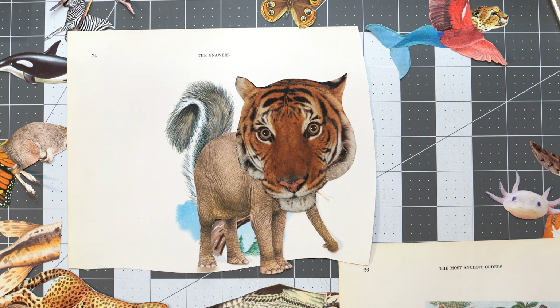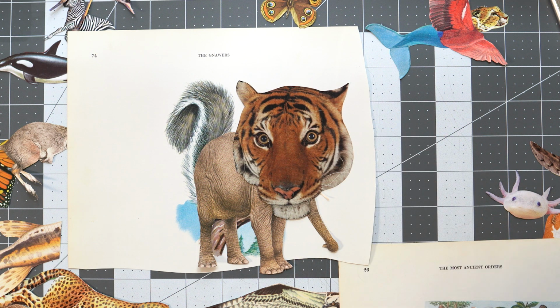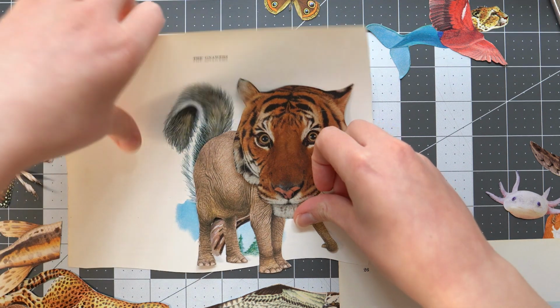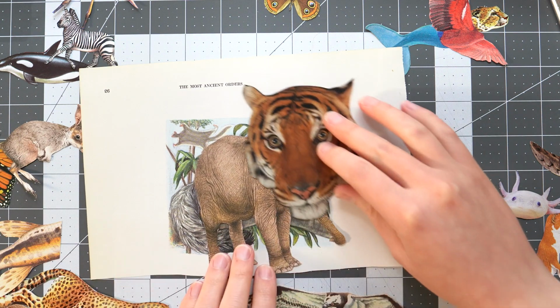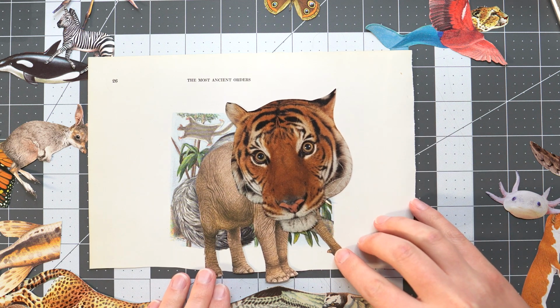Ooh, I like that. Oh, I see, I love how thick it is. Thick and luscious gray tail. This one is a good one. Now let's see. The other one's going to be harder because I want it to wrap around the front. So let's just put it up next to it. So it would be essentially like that, but would wrap around